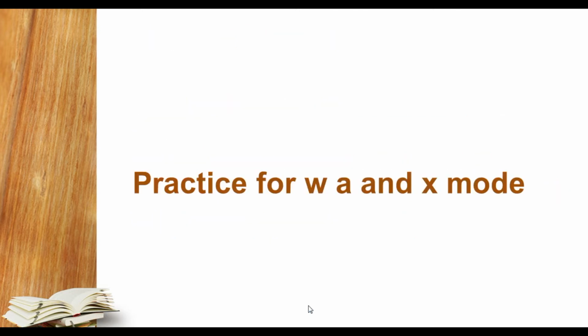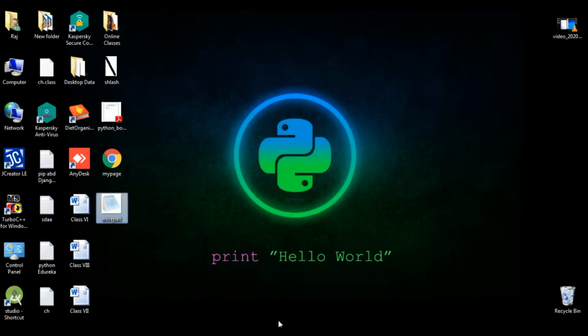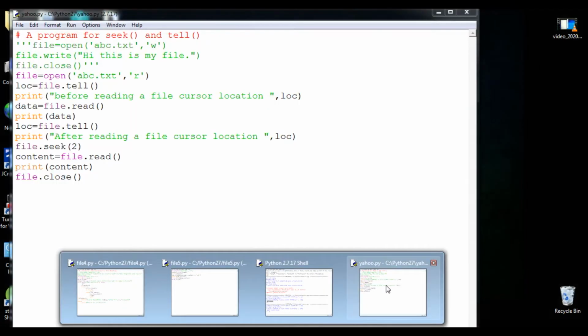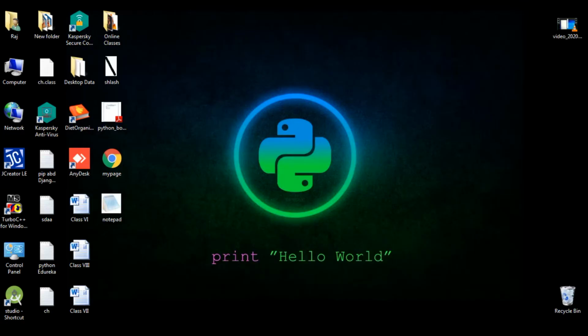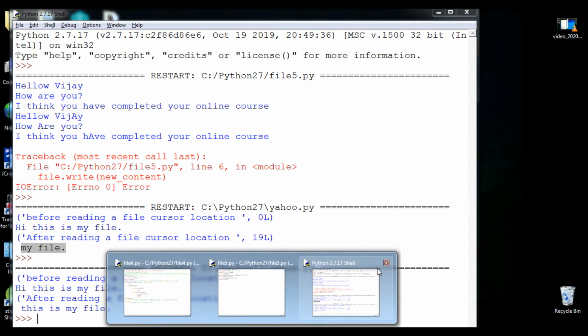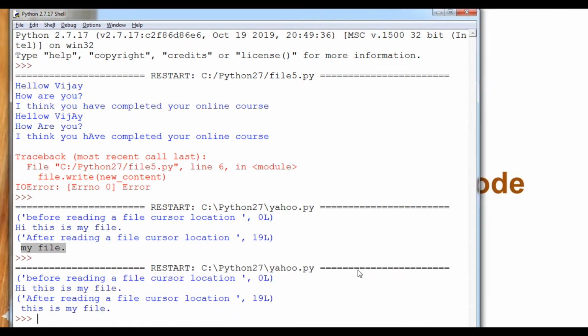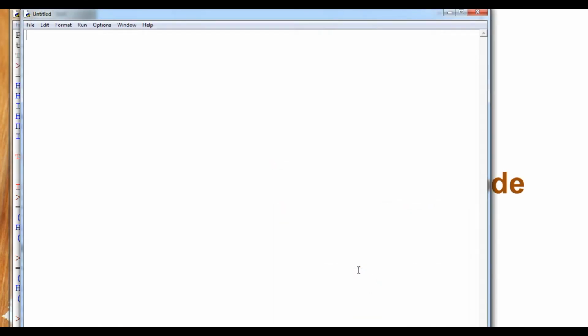So let's do it practically for W, A and X mode. Let's begin. We are going to open a new file, which helps us to create a file.